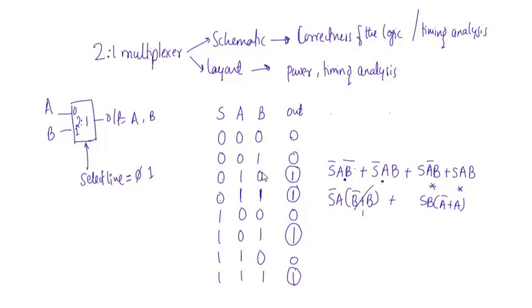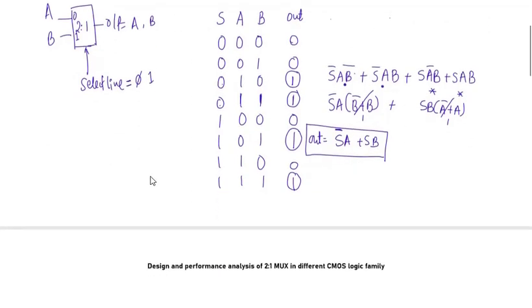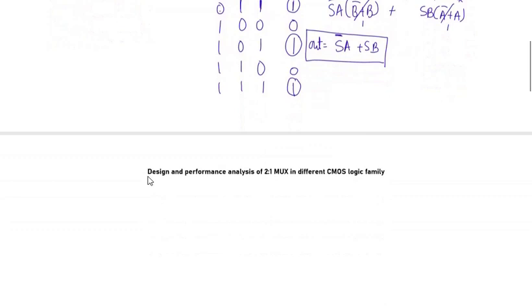So this means 1, this means 1's Boolean law. So what is it that I have left? Out is equal to S bar A plus SB. So this is my resulting expression for which I am supposed to draw the schematic, that is the CMOS logic schematic. So let me just write the expression once again: Y is equal to S bar A plus SB.